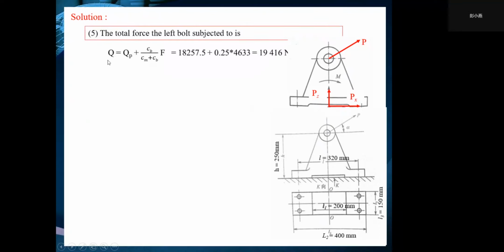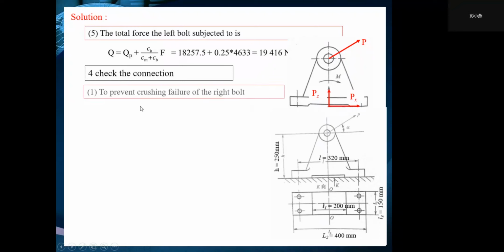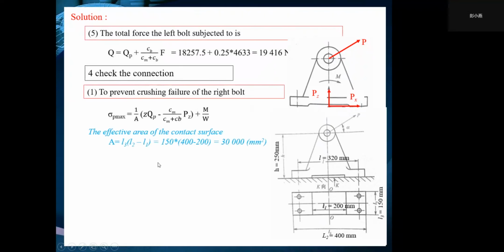So we calculate the actual force acting on the left bolt, and then we check the connection to prevent crashing,